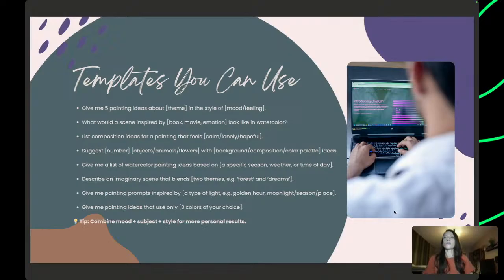And here are also some templates that you can use. If you want, you can screenshot this slide. Or if you want, you can DM me as well, and I will send it to you. And again, these are just a few of the templates you can use. You can come up with your own. But here are some that I use quite often. So I really like